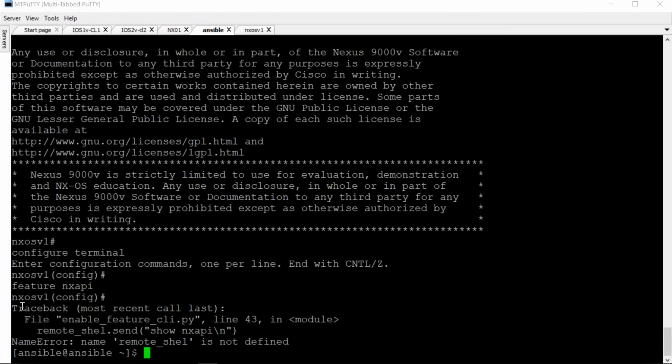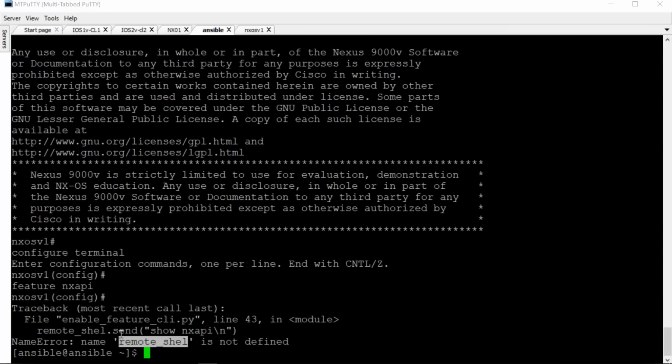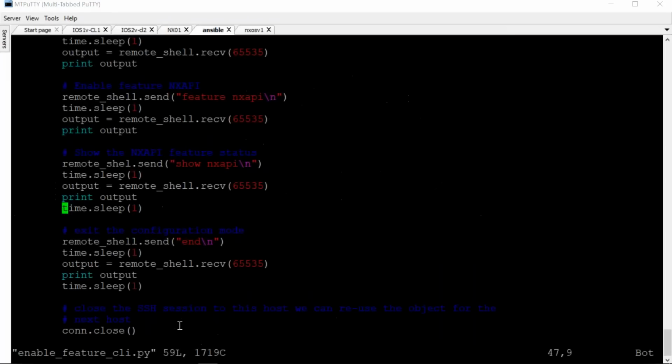Oh, you can see that here it has an error, remote shell. So that's the beauty of a program. It will go and check line by line all the items, and if you miss anything, it will simply tell you, okay, you missed this particular portion. What it is telling is that this place has an error because the spelling is incorrect. So I should give shell like this, and now I can type escape, write and quit,